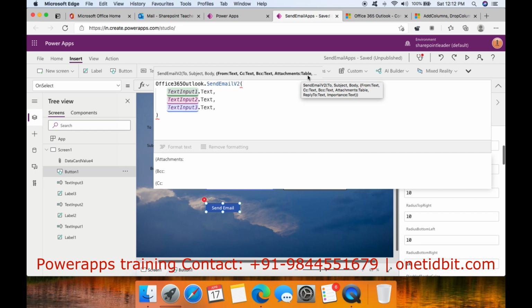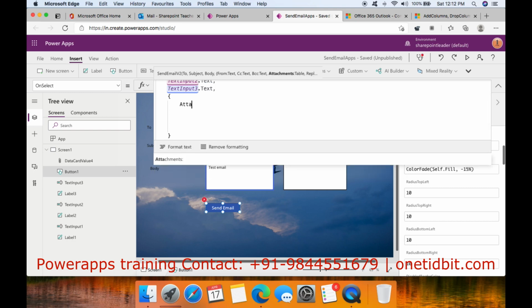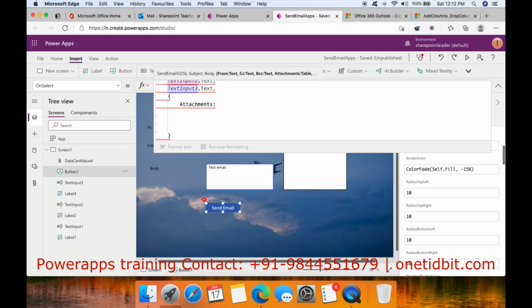So first, give the curly brackets here. So let me add a curly bracket. In this we need to write attachments, and this output must be a table. So for a table we can write AddColumns.